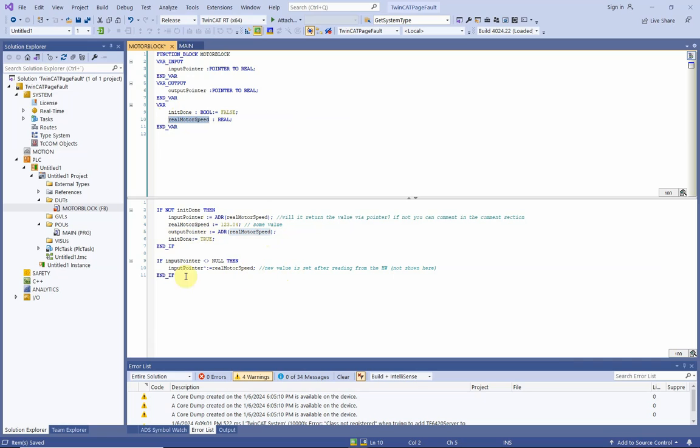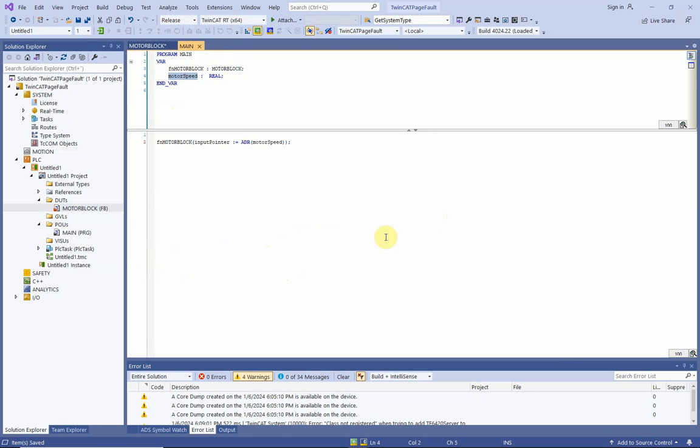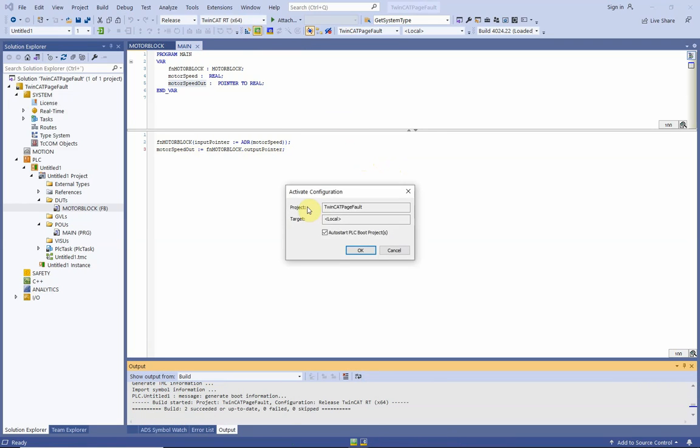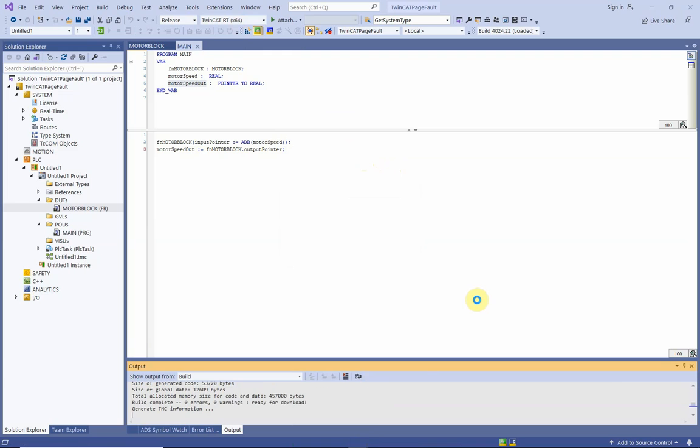That means this one, and then we have this motor speed output, and then we can set this one equal to function block name dot output pointer. And now let's compile. So we log in, we activate,